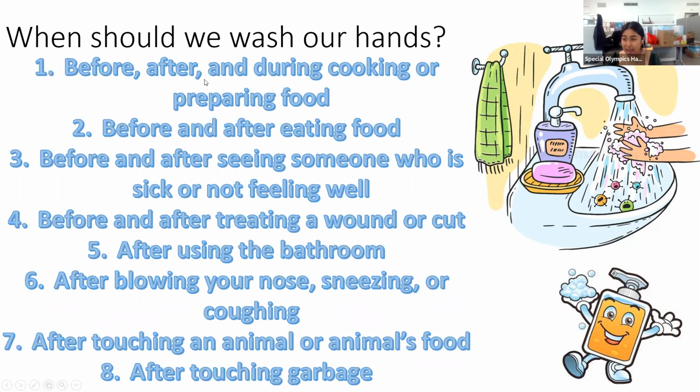And so we don't want anything that we've been touching all day, all that gross pathogenic bacteria, getting in our food. So before, after, and during cooking or preparing food, we want to be washing our hands. Like Nicole Wayne suggested, before and after eating food, right? We don't want to be getting our food particles all over our stuff. So we should wash our hands before and after eating food, before and after seeing someone who is sick or